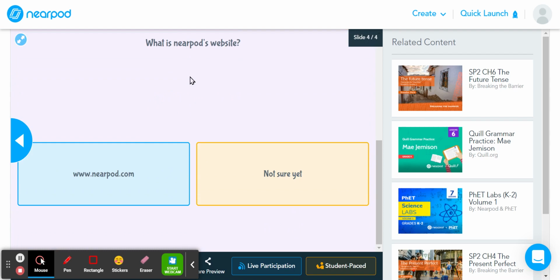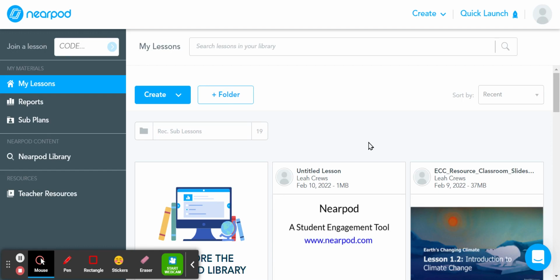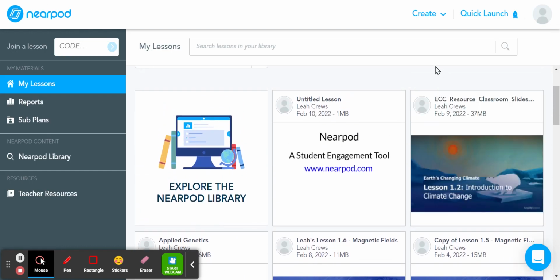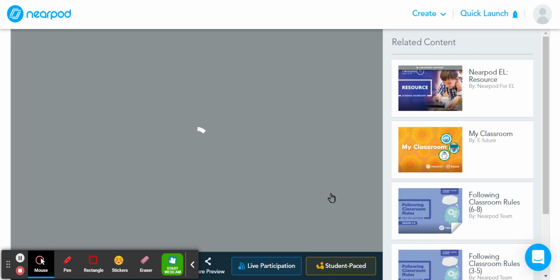And you can even turn this into a regular quiz where they could answer a few multiple choice questions, and that way you can have a quick snapshot of their learning from your lesson. So, how I'm using it in my class, so this is our beginning lesson to climate change. So, if we look at the preview here,